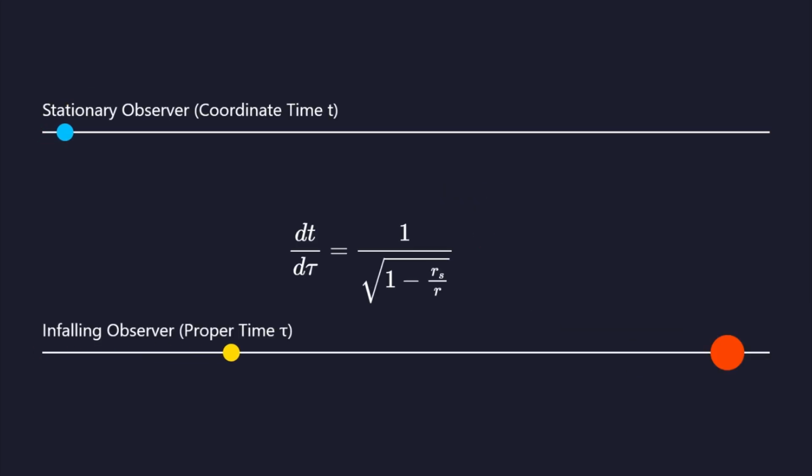General relativity distinguishes between proper time, experienced by the traveler, and coordinate time, measured by the stationary observer. While the distant clock records an infinite delay, the infalling clock records a finite short duration to reach the singularity, demonstrating a radical transformation in the functional relationship between two distinct reference frames.